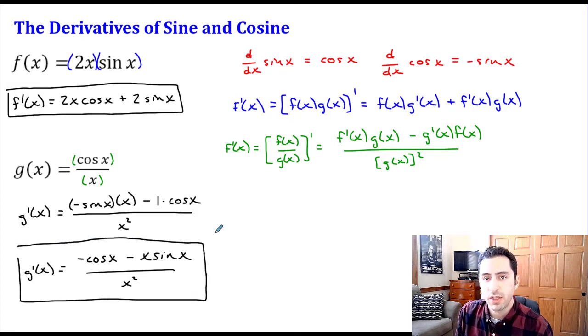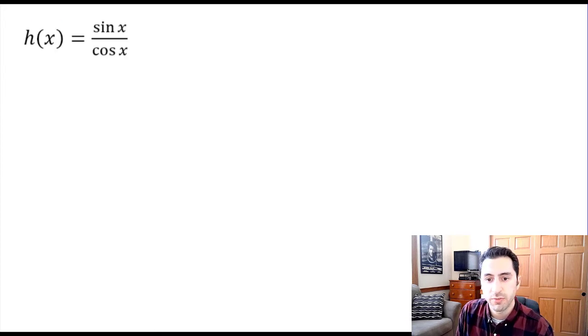And let's take a look at one more example where we're going to have a function that has both sine and cosine in it. So the last example I have is a function h of x, and this is equal to the sine of x divided by cosine of x. So again, we have a quotient, so we're going to need our quotient rule, but this also involves both the sine and cosine. So we have h prime of x, using our quotient rule again, to start off with the